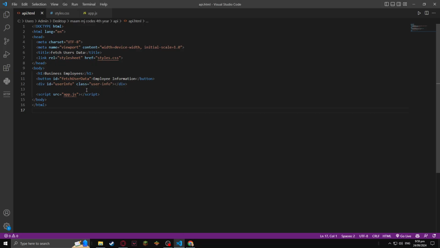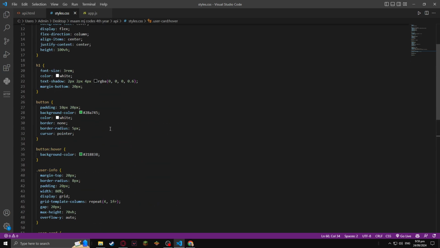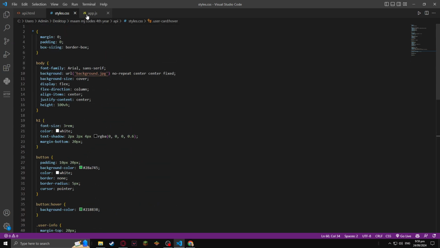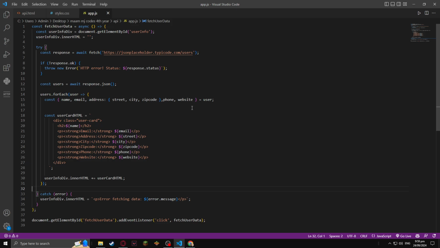So this is my HTML. It's very short. And for my CSS, I'm not going to explain it because it's not that important. So I'm going to explain my JavaScript code. This line of code over here, the async function, ensures that we can retrieve data from